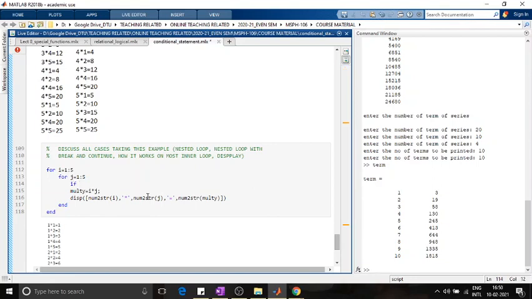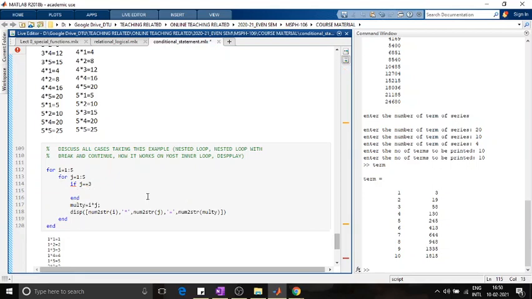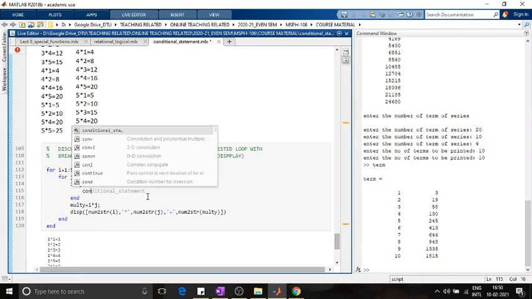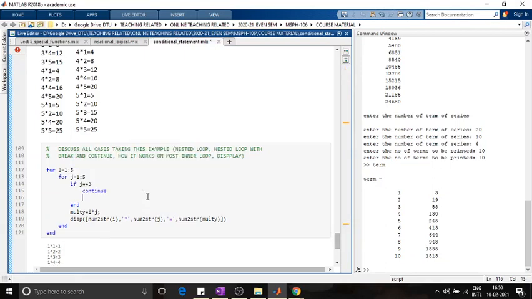if j is equal to, be careful, double equal to sign you have to use, if j is equal to 3, continue, else do this condition, so writing here. So what this will do,